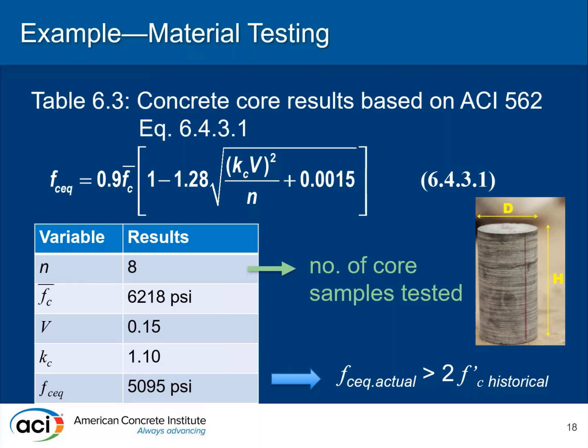For 8 samples, N is the number of core samples tested. FC is the average that was determined. V is the standard coefficient of variation. KC is the modification factor based on the number of samples, which gives an equivalent compressive strength of 5,095 PSI, which is greater than 2 times the value from the historical